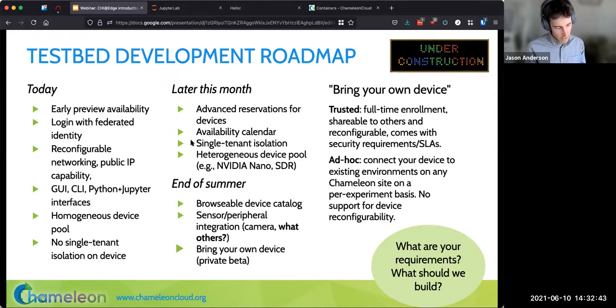You can log in with your federated identity, just like any other Chameleon site. We support reconfigurable networking and public IPs. You've got a variety of interfaces available, similar to other testbed sites that are operated by Chameleon. We have a homogeneous device pool right now. We just have Raspberry Pi 4s with 8 gig memory, and I think 32 gig of disk or SD space. And we do not have single tenant isolation yet, but later this month,